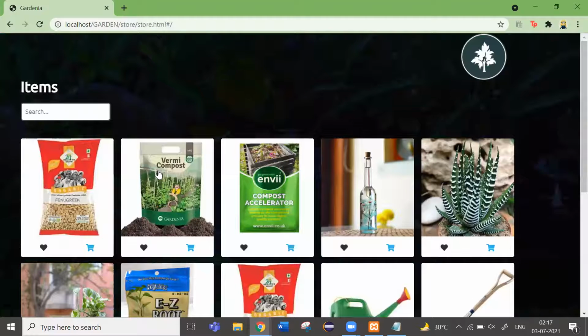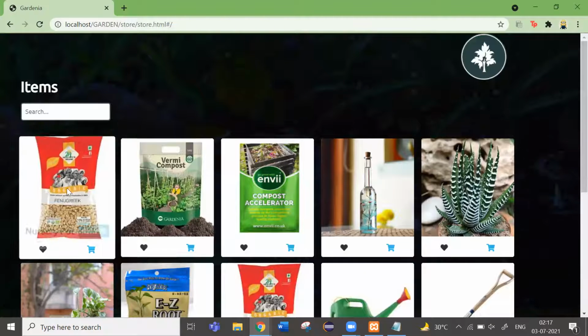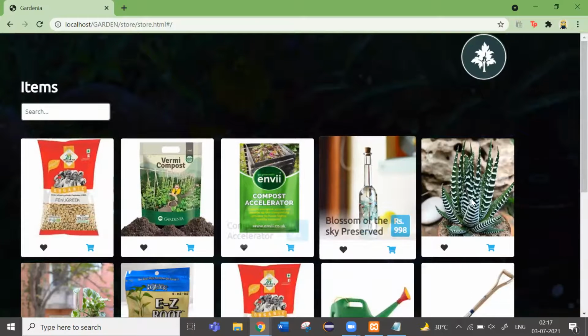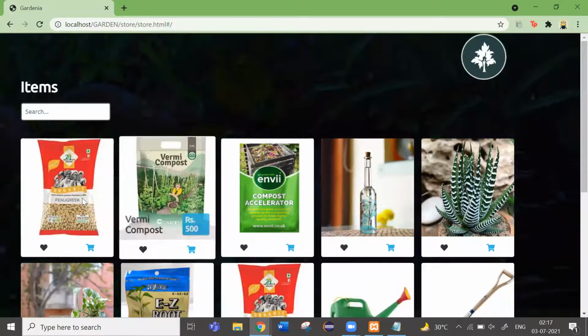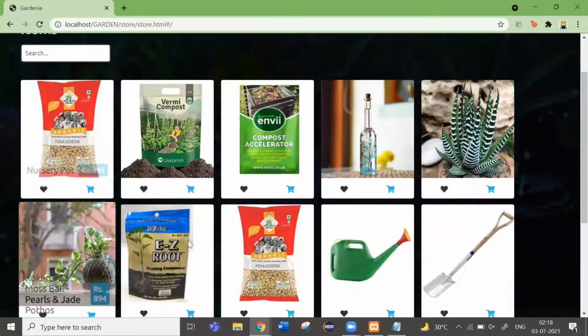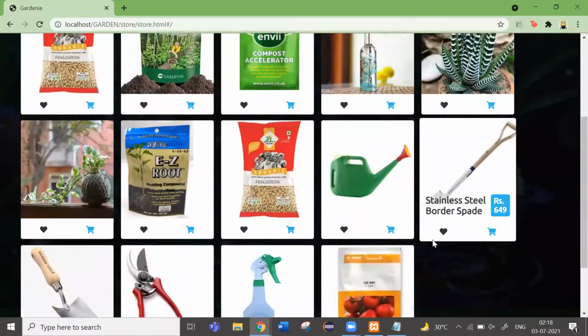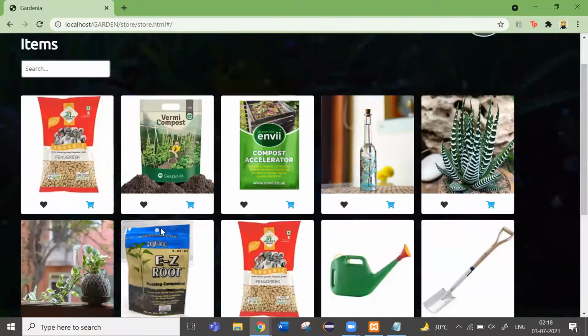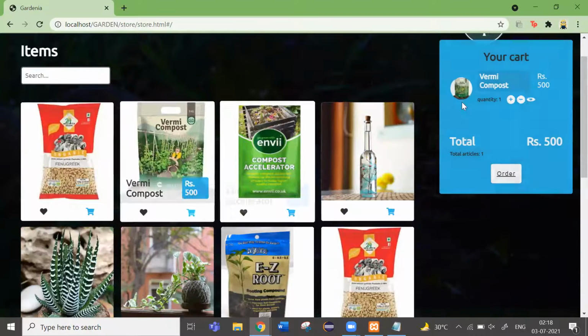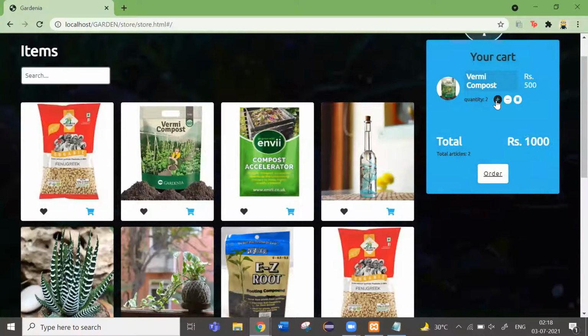So now we have a buy green option. It is just like a small shopping website for Gardenia, and it delivers all the products related to gardening. We also have features here to add our products to our cart, to modify them, and also to remove them as per our requirements.